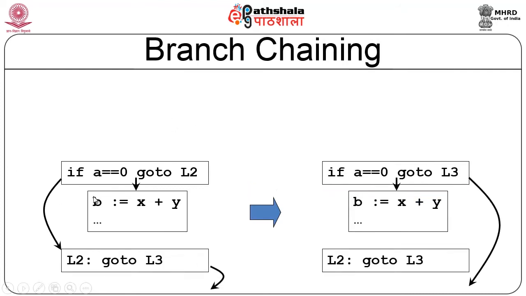For example, here if A is equal to 0, go to L2, else you come to this particular scenario. Where again L2 will be defined here, and L2 says simply go to L3. So, this is a branch within a branch. So, I come to this position, what I see there, I do not see code, I simply see a go to L3. Now, rather than that, what I can do is I can get rid of this block, I can get rid of this block and rename this as go to L3 rather than going to L2.